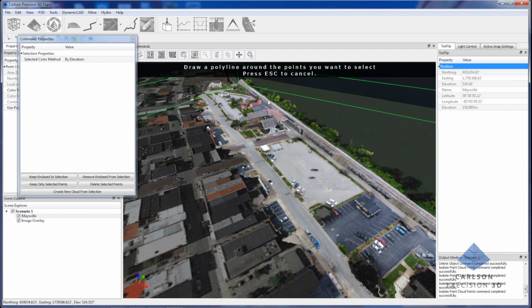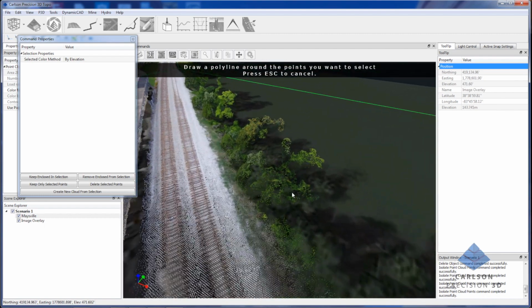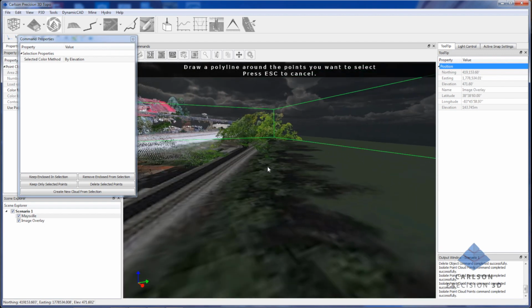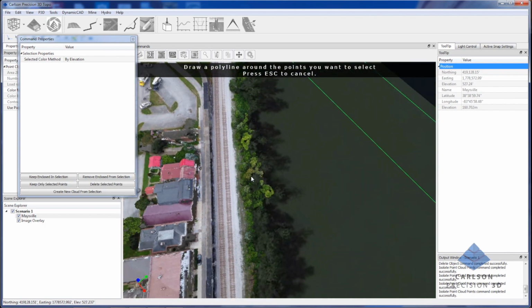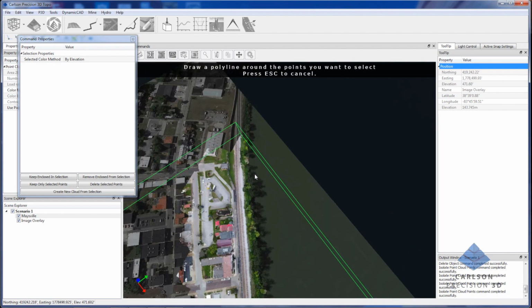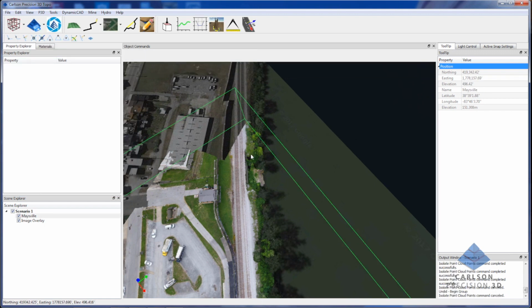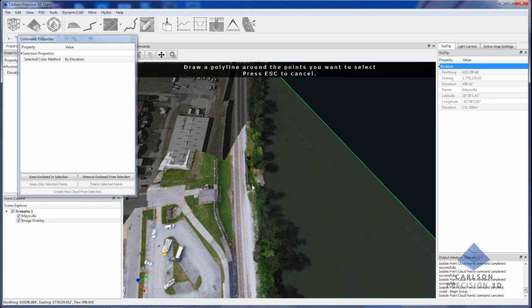So as far as a nice edge cleanup tool is concerned, because there's a lot of conditions where you'll have cases like this where you'll have a whole bunch of vegetation that's hanging out over nothing because there was water. In this case, it's the edge of a river. So what I can do is I can come in here and I can get rid of those in a much finer tuned way. Let's see, so I'm going to close that and I'm going to start the command again. And basically I'm just going to